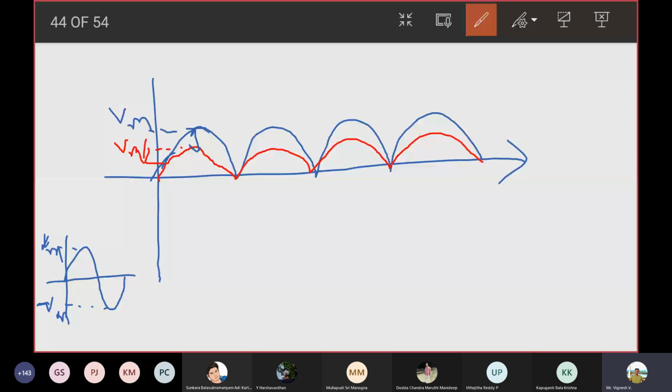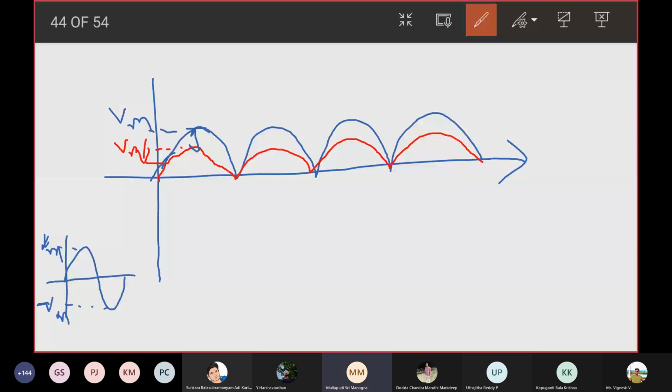Now we can always argue, telling, sir, then change the turns ratio from 1:1 to 1:2. Of course, you can do that. But again, when there is a comparison, you compare apple with apple, right? You don't compare apple with orange. For the same input criteria, if someone asks which rectifier is better, the answer should be that the bridge full wave rectifier is better. Am I clear?